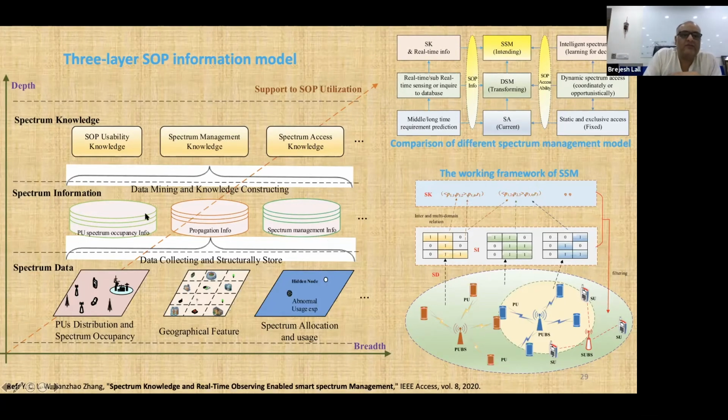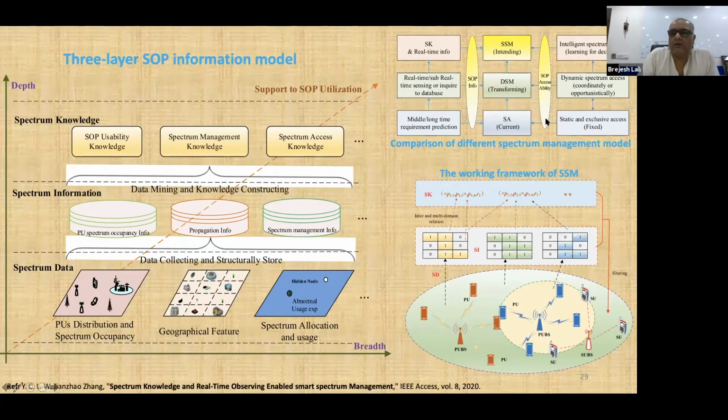And all of this information can be mined, and you can construct knowledge and come up with something known as spectrum knowledge. This is a term that these authors coined. Spectrum knowledge is spectrum opportunity usability knowledge, spectrum management knowledge, and spectrum access knowledge. And when you have a lot of this spectrum knowledge available for you, then if you